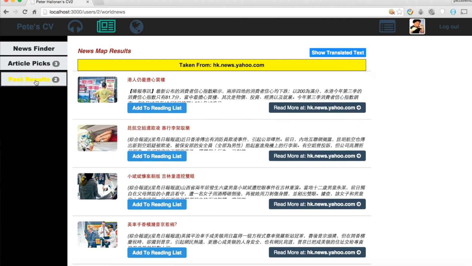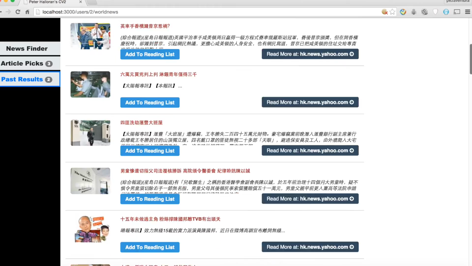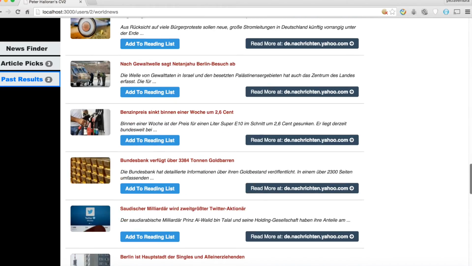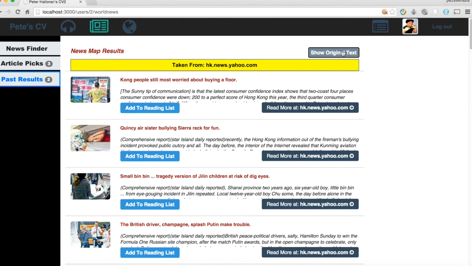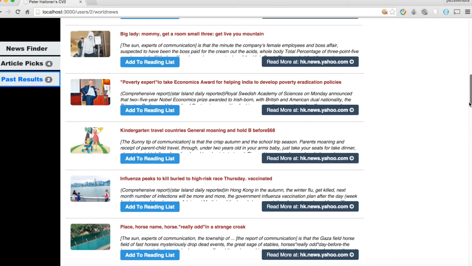You can also go to the results, like the last one, and this has saved every country that you clicked. You can have the translated text or the original text. You can add these to the reading list if you find them interesting. Let's see what Germany's up to.